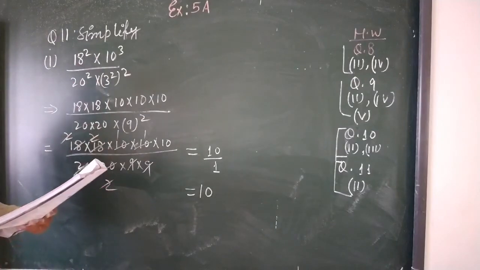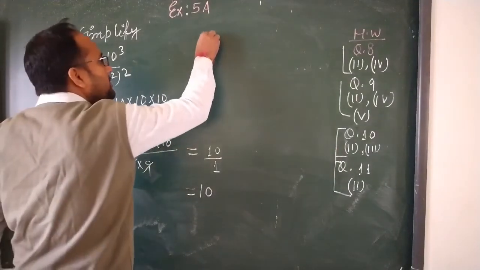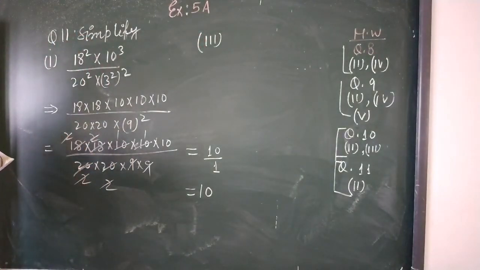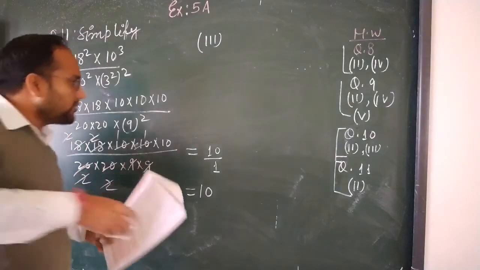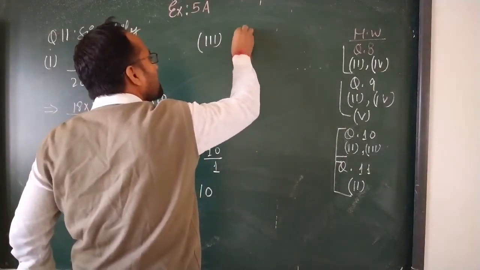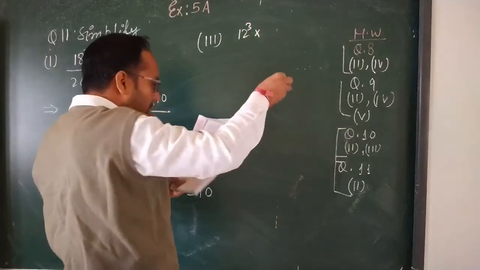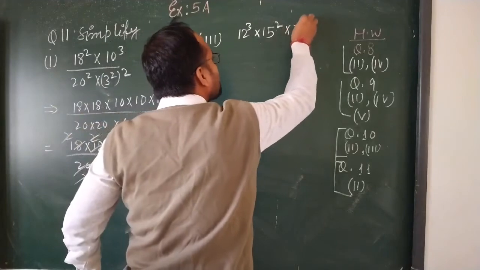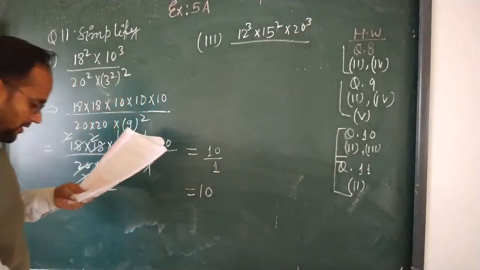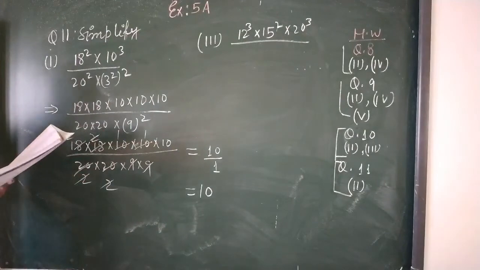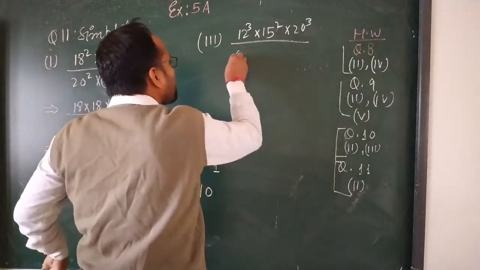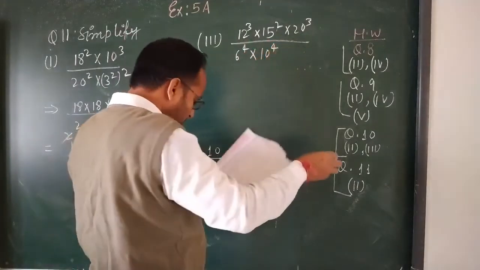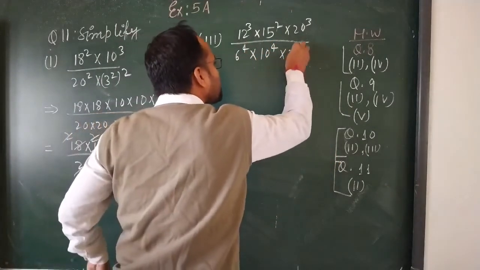Okay, students. Now see this question, the third one. In this one, if there are any doubts, please ask your doubt, students. Now see this third question: 12 to the power 3 multiplied by 15 to the power 2 multiplied by 20 to the power 3 upon 6 to the power 4 multiplied by 10 to the power 4 multiplied by 2 to the power 2. Okay,